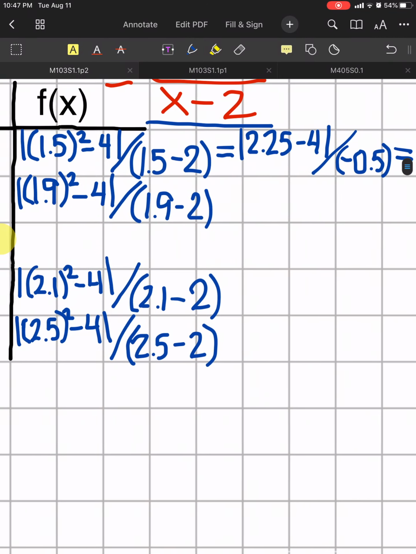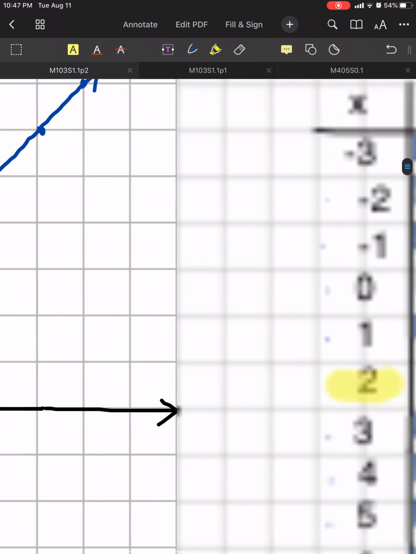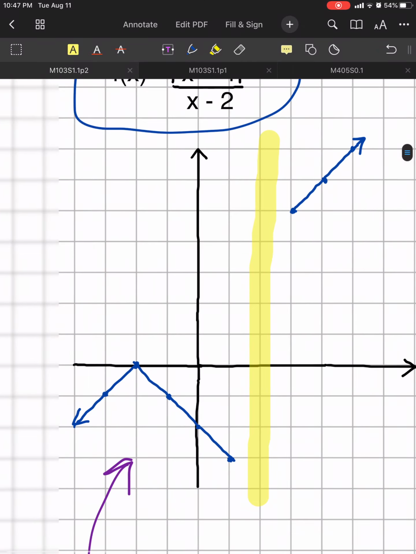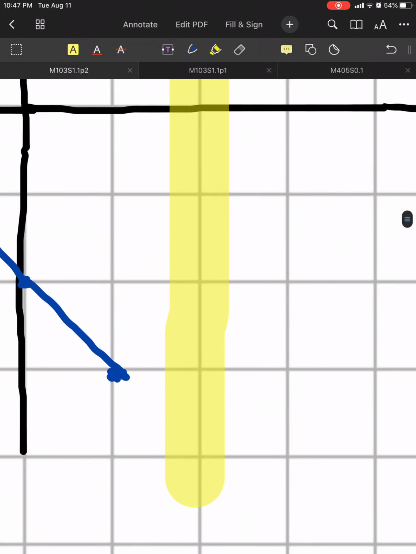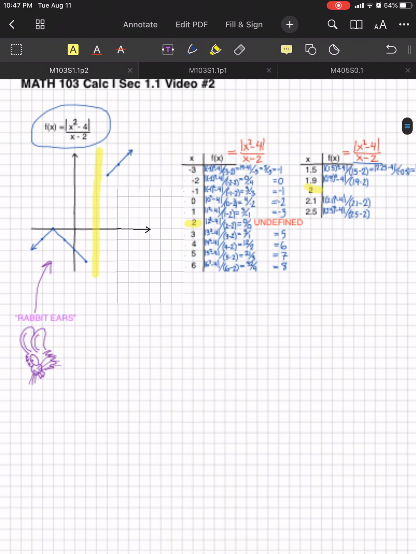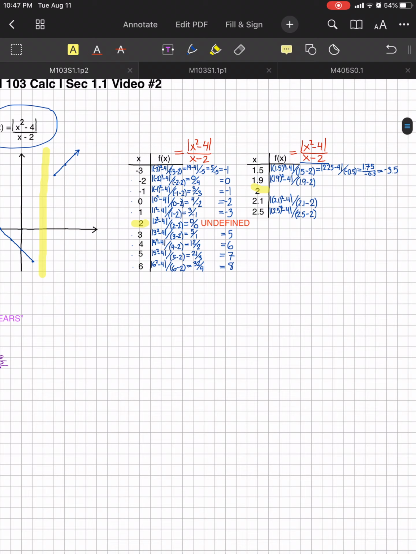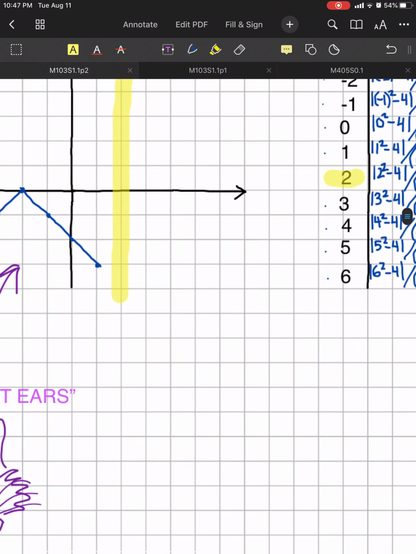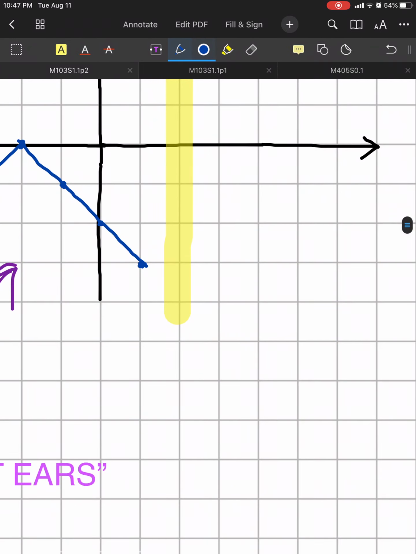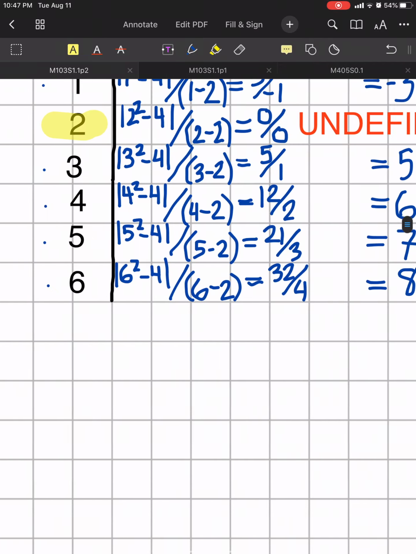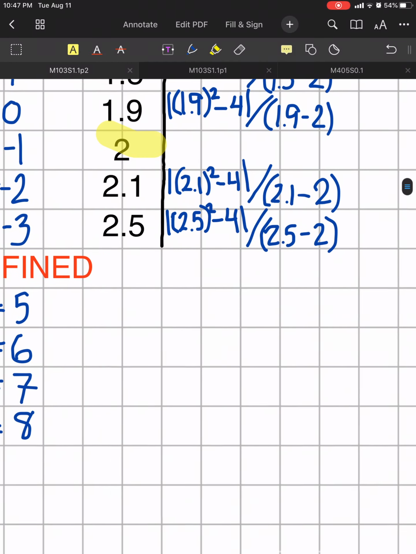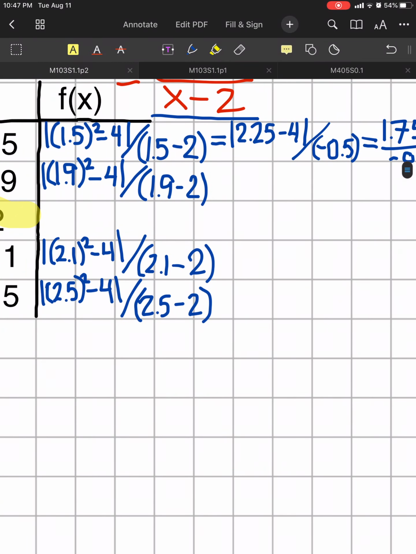We can do the same thing for this next one. 1.9 is a little bit harder to do in your head, but we should be able to get it. Anyway, let's plot this first point. That's 1.5, so halfway between 1 and 2, and we should get negative 3.5. Negative 3.5, so right about there. Looks like it continues the straight line about as we would expect. And the last one here, 1.9,